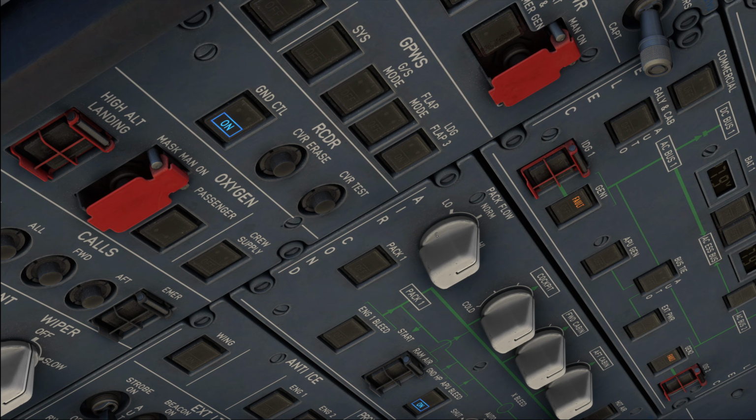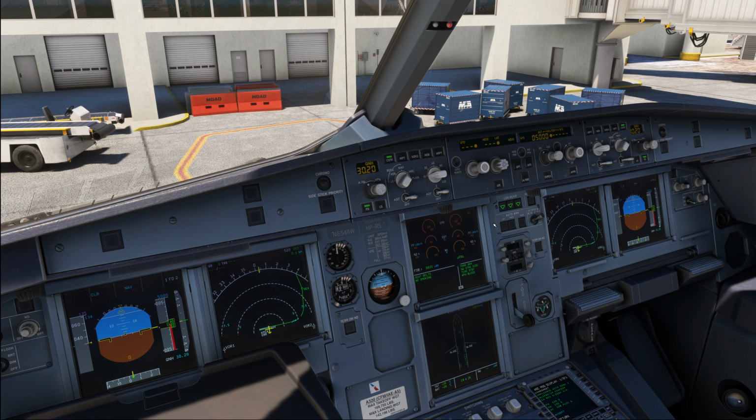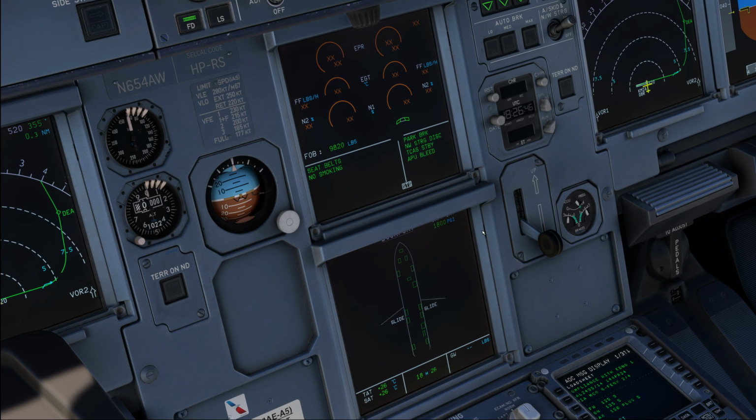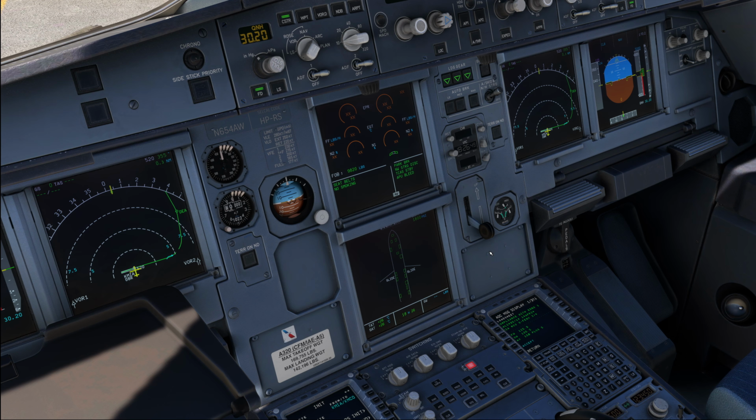Now, finally, to finish this video off, let's quickly talk about a couple of the operational items that might come up when you select pack flow low. Especially when you're operating in rather warm areas. Once you're in the air, and especially when you finish your climb, so when the thrust is reduced towards cruise thrust, or later when the thrust is reduced towards idle for the descent, it might happen that you get an advisory on either the air conditioning page or on the bleed page, indicating that the pack flow is too low